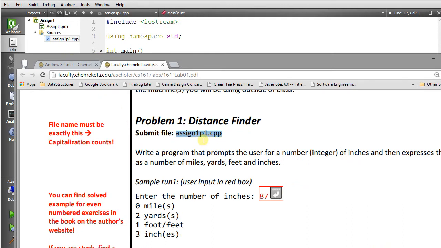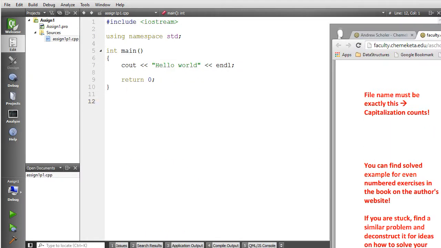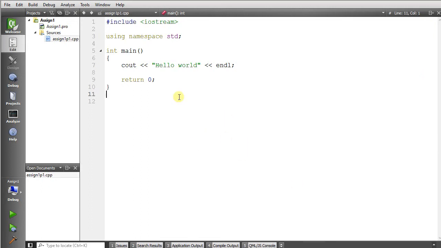Otherwise, when I go to build the projects, the tool I use is not going to find your file, and you're going to get dinged for that. So make sure you've got the right file name. If I do that in Qt Creator, everything will work fine. I can build the project and run it, and it's going to find this new